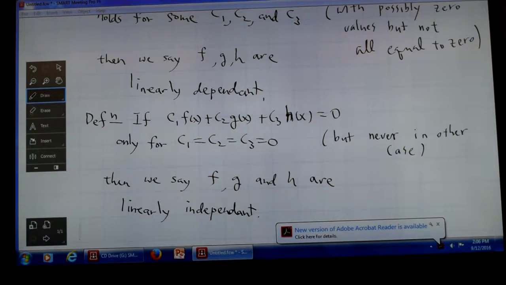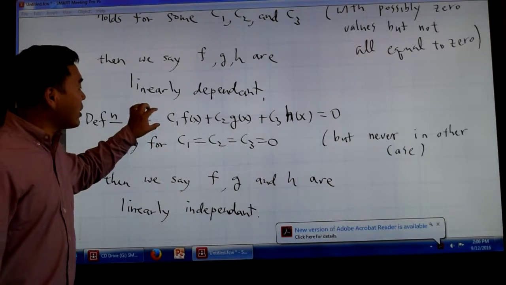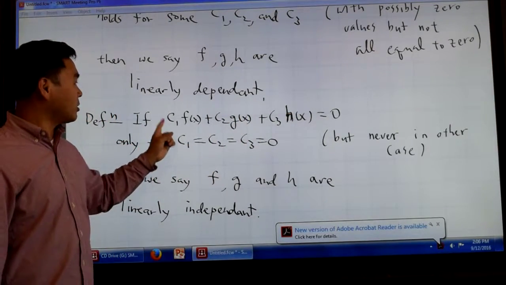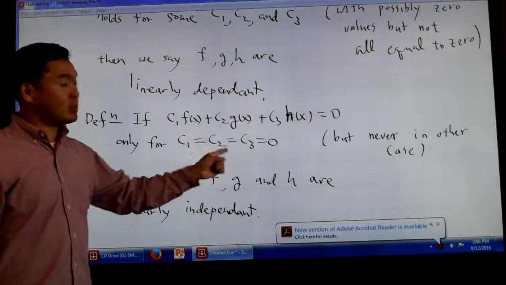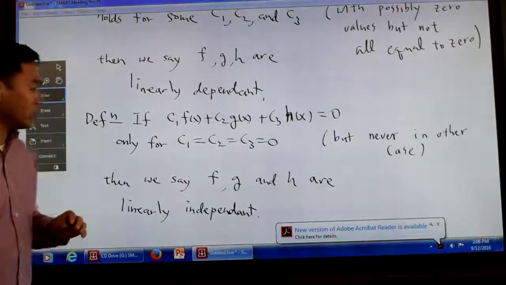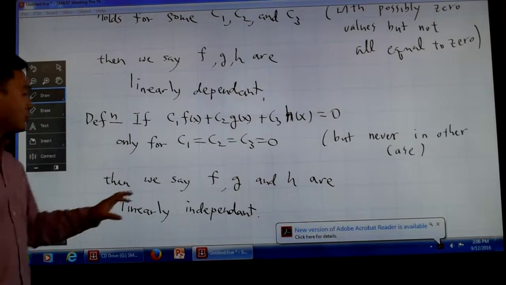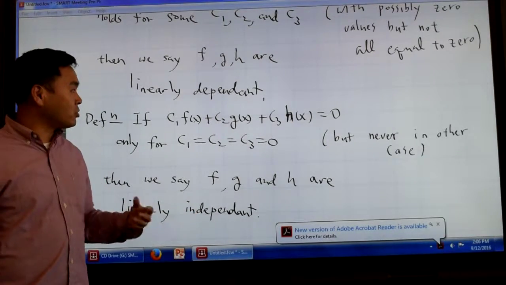Okay. If the only way this can equal 0 is when c1, c2, c3 are all equal to 0, then we say that it's linearly independent. And if we can come up with solutions that are linearly